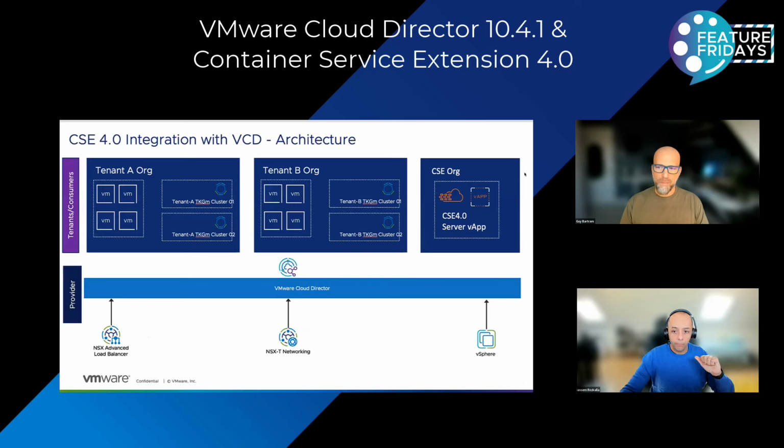You'll create an org, basically with an org VDC, where you roll out the CSE 4.0 OVA in it as a vApp, and you just install the CSE extension plugin on your Cloud Director, and then the integration is done for you. And then when you need to manage anything in the CSE 4, like updating your CSE server, changing particular API interfaces, whatever, you do it from the user interface plugin that you already integrated within the Cloud Director. So you don't need to touch any command line.